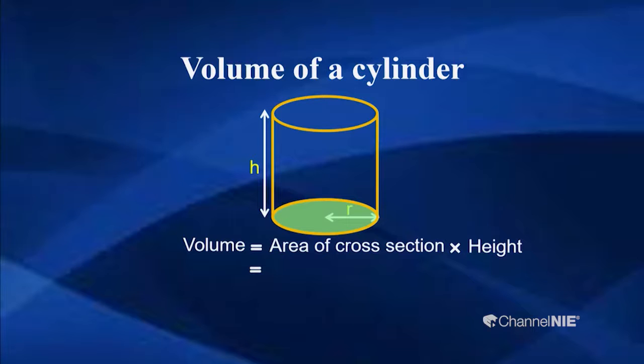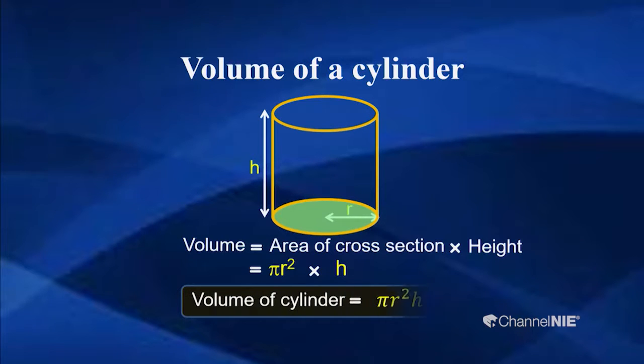That is the base, sometimes we call it the area of cross section, right? Then the area of cross section is pi r squared, because it is a circular part. We take the area of that, pi r squared, and multiply it by the height of the cylinder, h. So the volume of a cylinder you can obtain as pi r squared h. That is a formula you can apply directly, right?